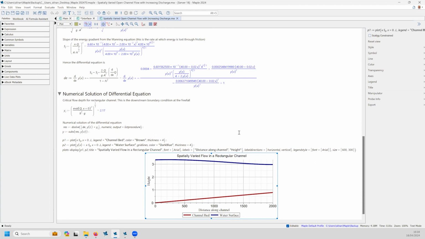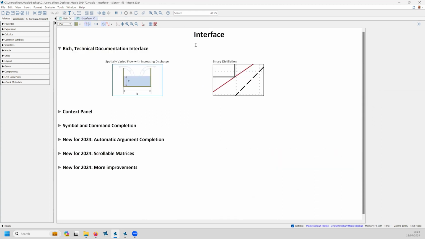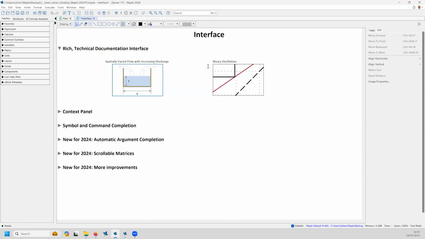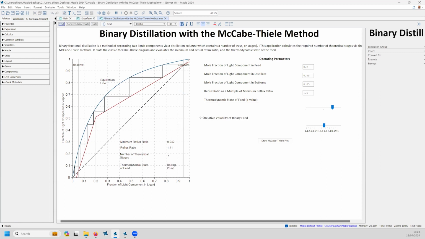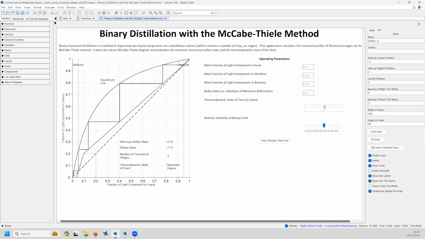So this is one look and feel for a Maple worksheet. Given the flexibility of Maple's interface, you can develop applications that look completely different. So here I have an application in which I don't see any equations, I don't see any commands. I simply have sliders which allow me to change parameter values. As soon as I change the slider, you can see this plot updating on the right-hand side. There's a button. There are text boxes which allow me to change